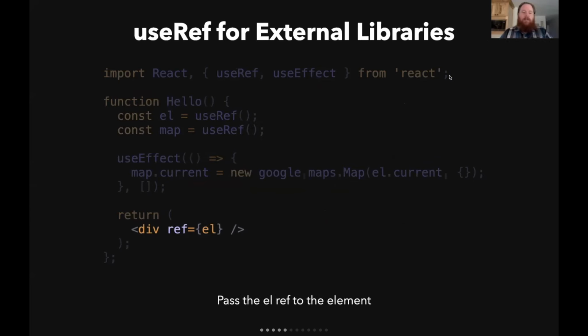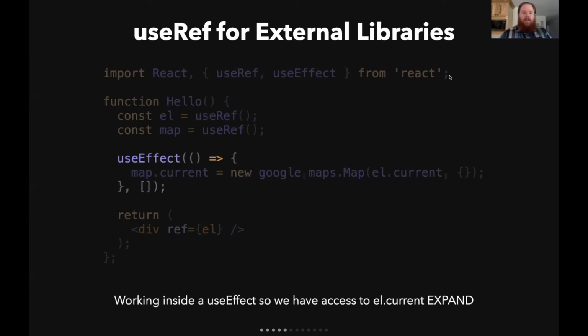So the first thing we need to do is attach that elRef to the DOM, and the only way to do that is to pass it as a ref property into React. React sees this, and it's built into React. It automatically assigns the DOM element instance to the .current. And then